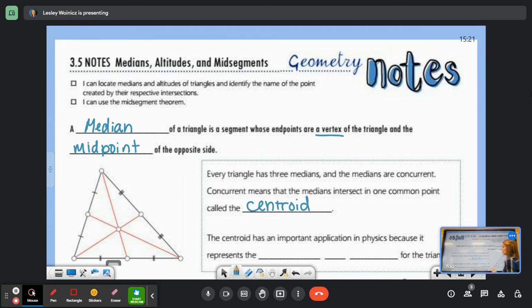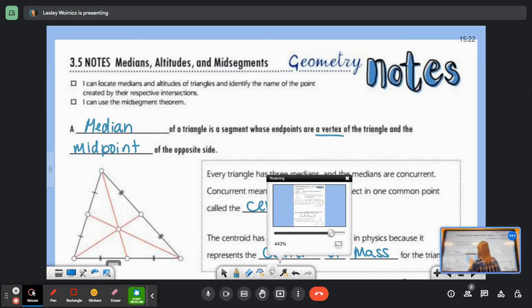Okay, the centroid is important for physics because it represents the center of mass for the triangle. So if you could imagine like a triangle made out of a piece of sheet metal, okay, the center of mass for that triangle would be at the centroid. So you can see in this little diagram here,